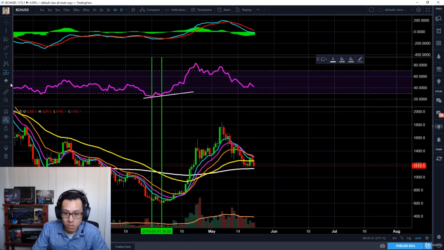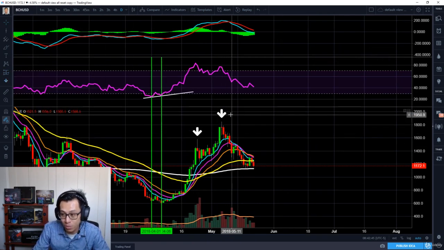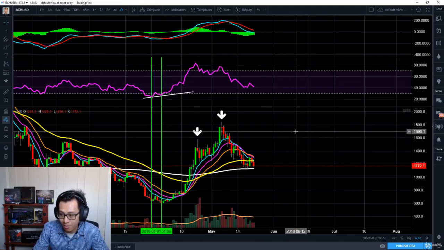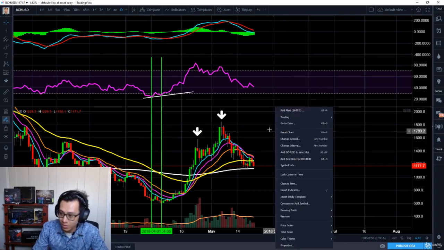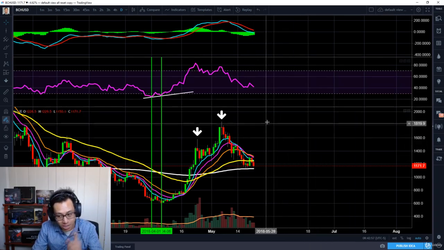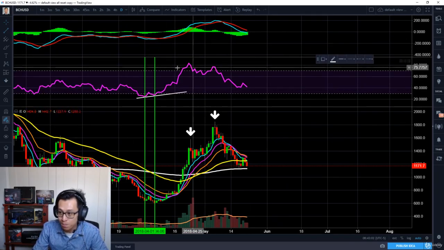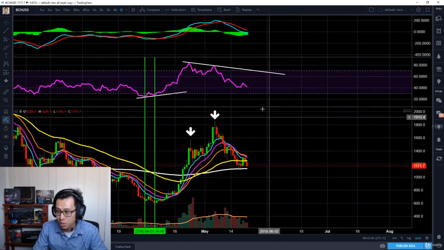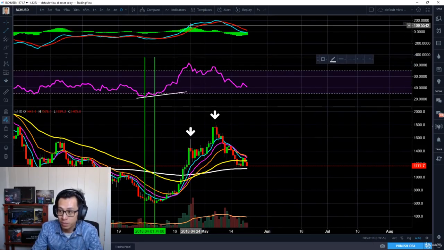And this is the first peak that we see, and this is clearly the second peak with a massive doji right there. So would you have taken your profit on this peak? Yeah, you could have taken some of your profit. But if you decide to ride it even longer until perhaps it crosses over, and for the second peak to get better, you'll see these bearish signs of divergence across the board right there. But realistically, a lot of people, including myself, would have taken my profit right here